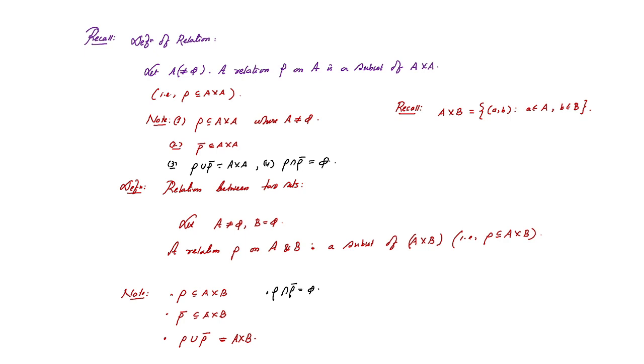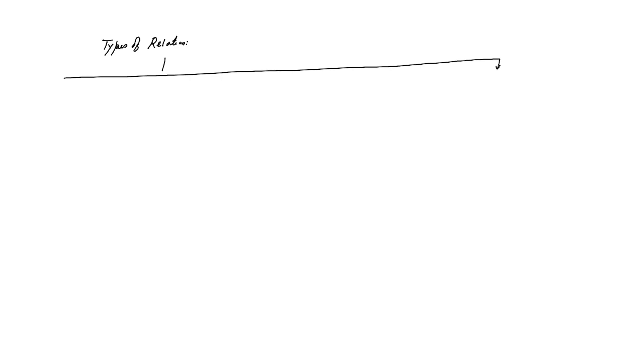Now we come to the different types of relation, and we'll try to know about the equivalence relation here. So types of relation, on a non-empty set A. So what are the types? First we will know the reflexive relation. When a relation is called reflexive relation,